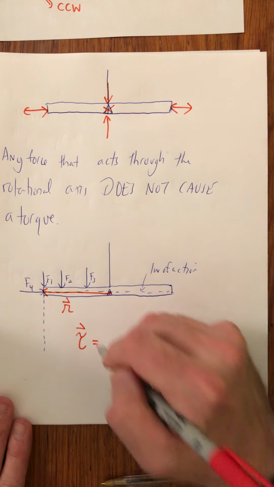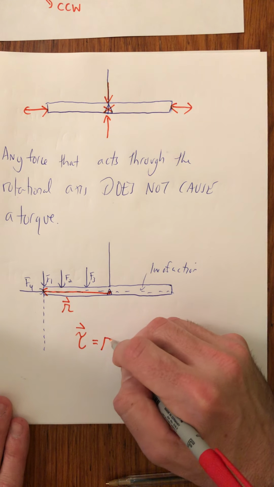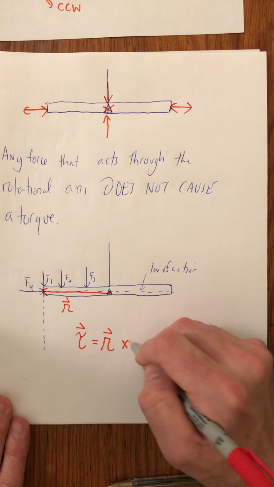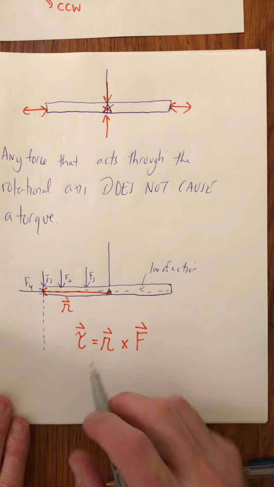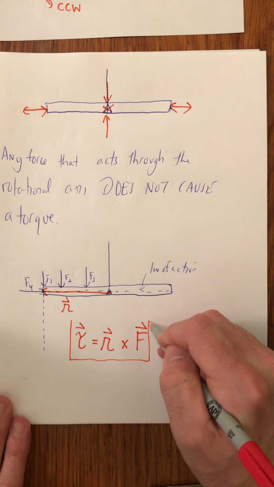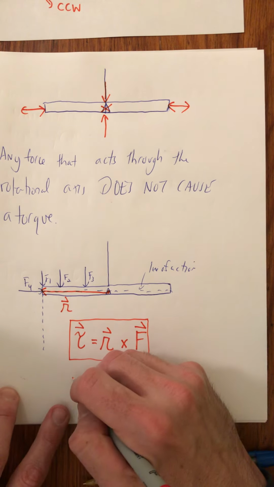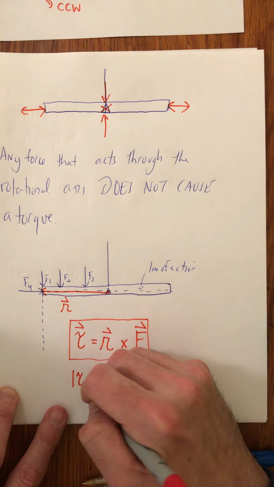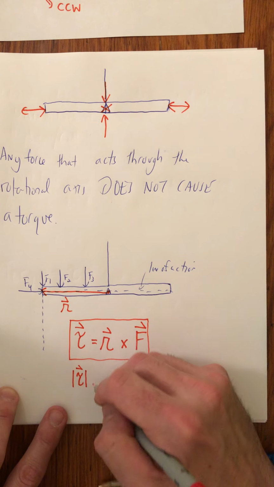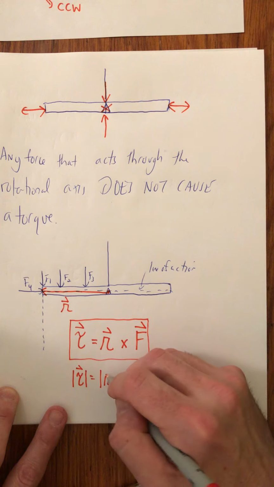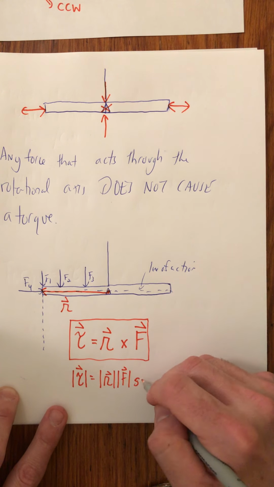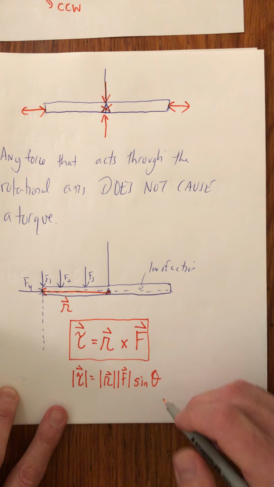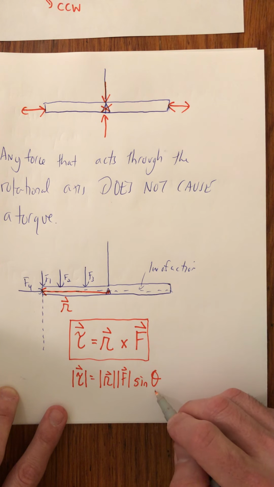So our formal definition for torque is going to be r cross F, and in that order specifically, because remember, the order of the cross product matters. Now, if you remember from our unit before, that means the magnitude of this is going to be the magnitude of r, the magnitude of F, and then sine of theta, where theta is the angle between